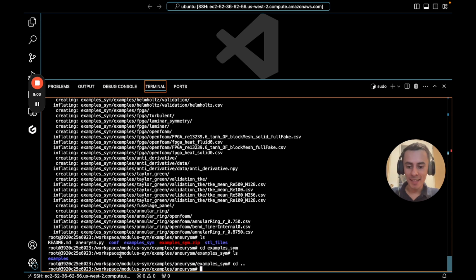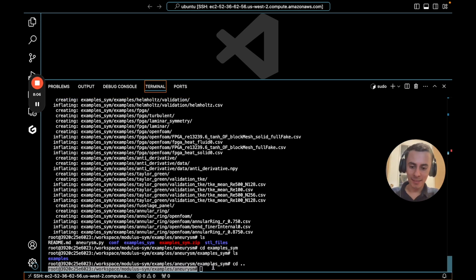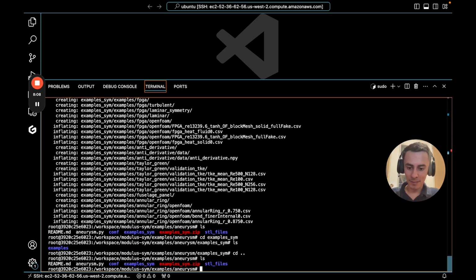So go back, right? You need to be here on Aneurysm. Make sure that if you type ls, this is what you see, right? Okay. If you are sure that you're here on Aneurysm, on that directory, then you copy the OpenFOAM folder in